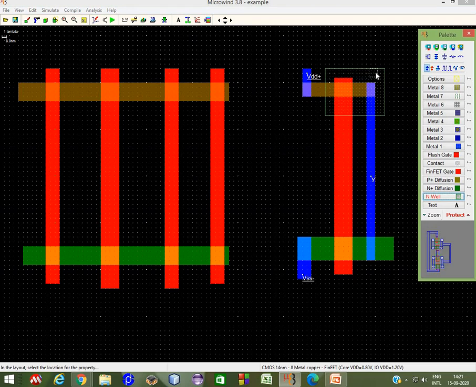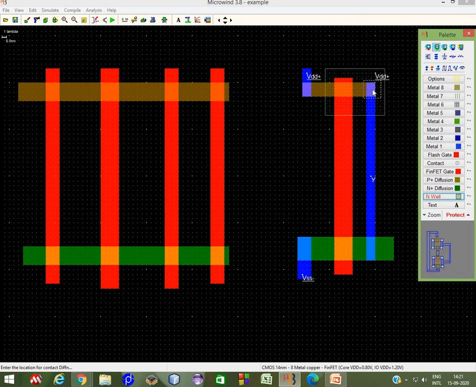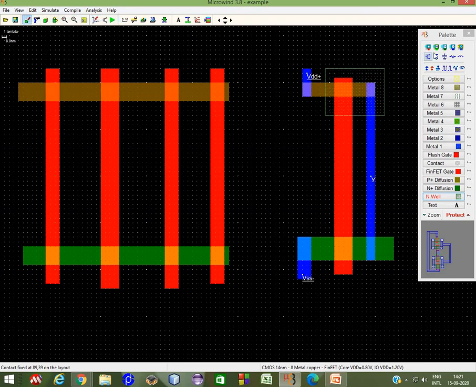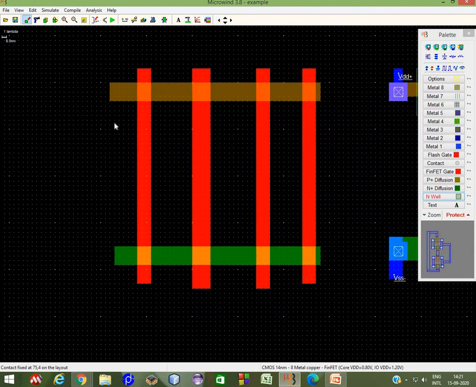Here is your supply. This is P plus N contact, right? So this is P plus N contact, this is N plus N contact. Now I need to pass the output from here to here. Okay, so